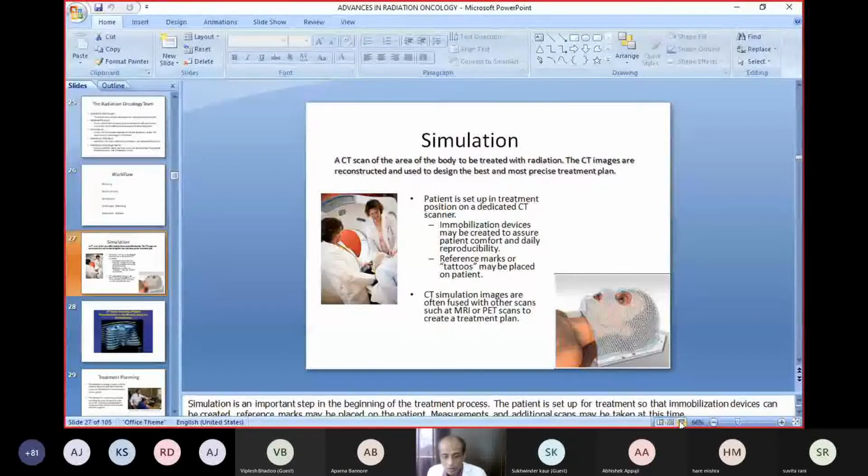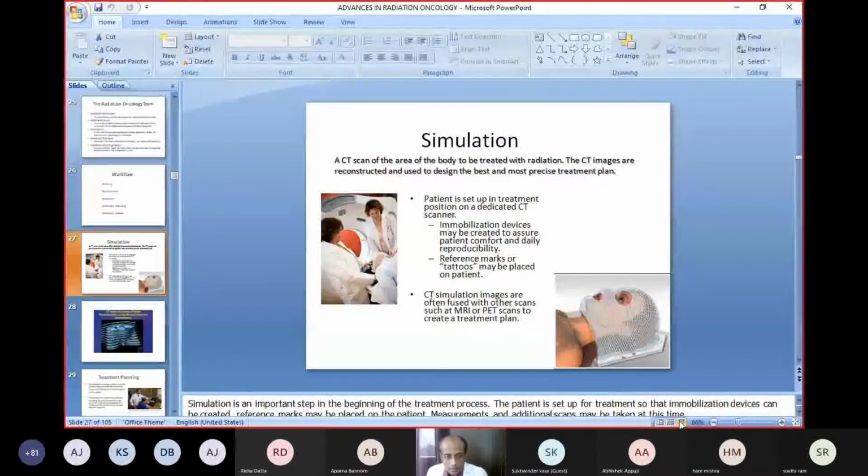And when we talk about 3D planning, then in the CT scans, we have to draw structures like this. Here you can see this is the urinary bladder, this green one. This blue one is the rectum and the red one is the prostate, or cervix or uterus in a female patient, which we want to treat. After we draw the structures in all the axial scans we get from the CT scan, it gives us a three-dimensional view which shows two types of things, the target organ and the organs which need to be spared from radiation. So this is how 3D planning is done.